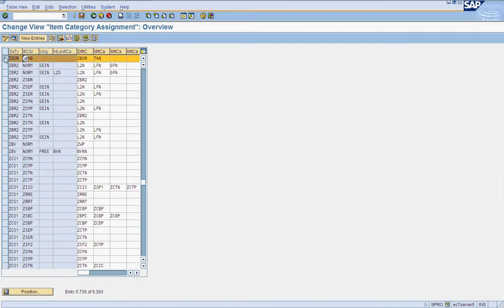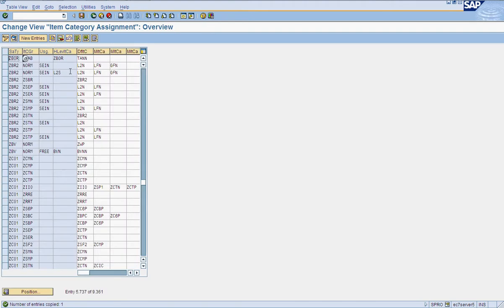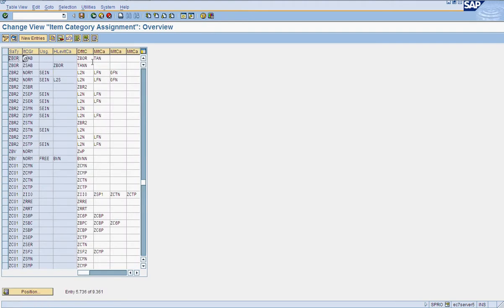So let's copy this one, and I'm giving ZBOR as higher level item category, and I'm using TAN N, that is free goods. So higher level item category is used to determine default item category as well.